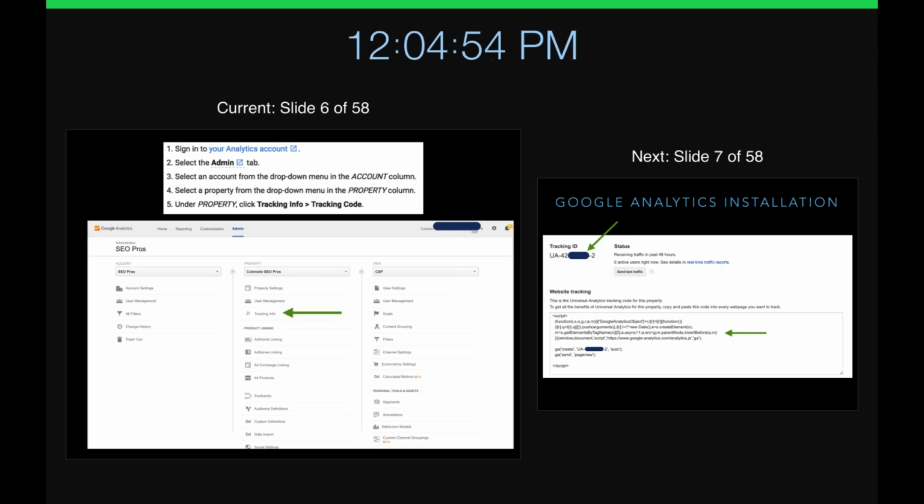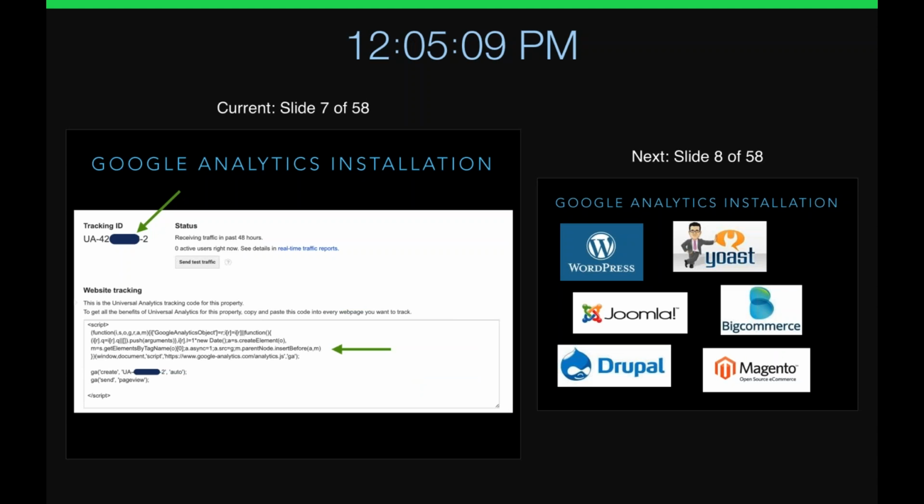You'll see a menu right on top. You want to navigate over to admin. Once you're in the admin section, you want to go to the middle column here, and by the green arrow, you'll see tracking info. Okay, so go ahead and select that. This page in the top left-hand corner, where the first green arrow is, will show you your actual tracking ID. And then below, where the other green arrow is, is the actual code that needs to be applied to all the